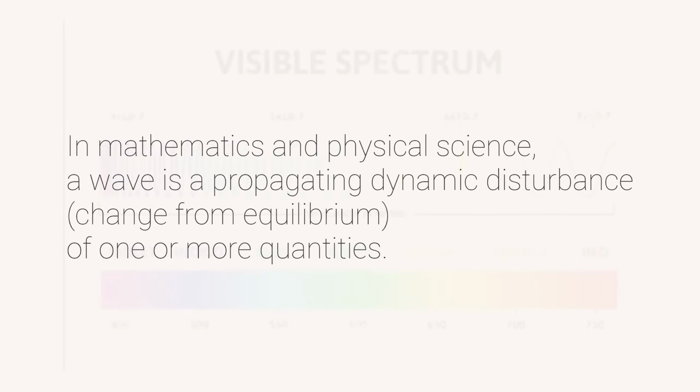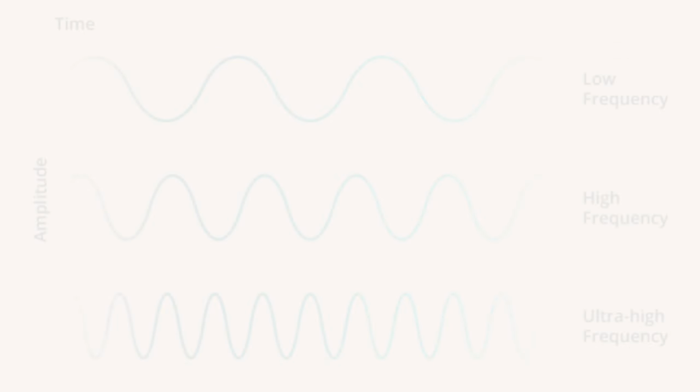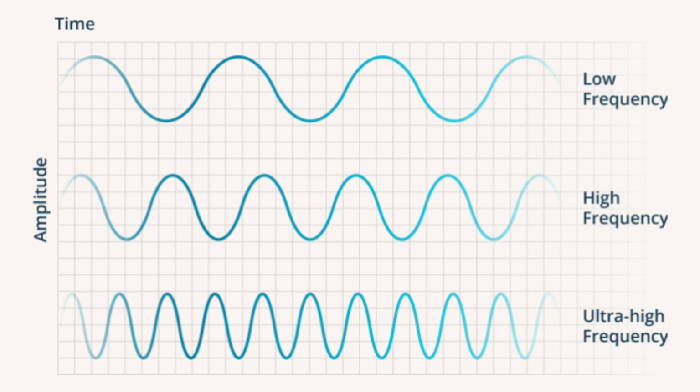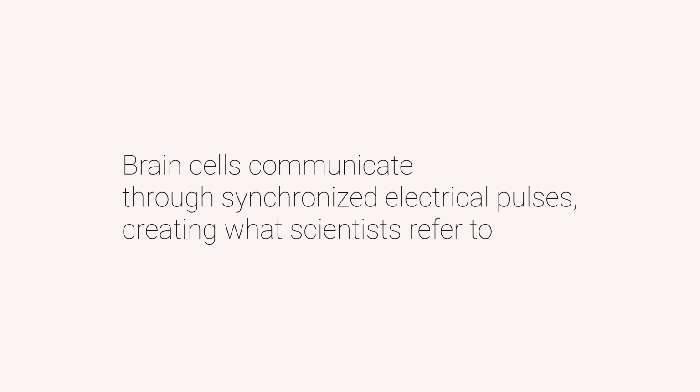As you probably remember from literally any light physics introduction, the length of a light wave defines the color you're perceiving. The length of a sound wave defines the sound you hear. Another magical fact is that your brain cells too communicate through synchronized electrical pulses. So, electricity. Okay, processing. So mental states could also be translated into waves. Are you already beginning to guess how it applies to art?